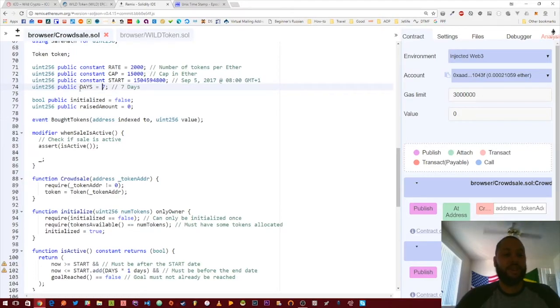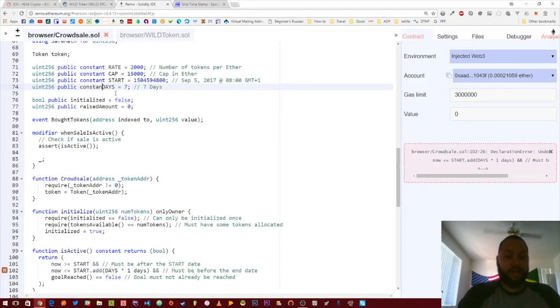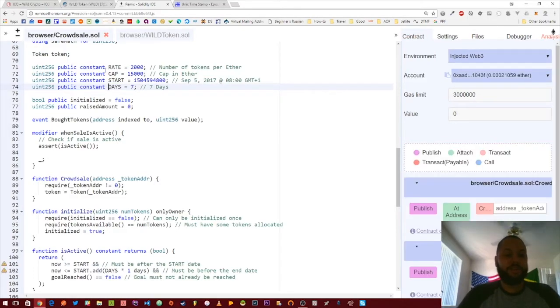So this variable is the amount of days the contract is supposed to last. And I just made a mistake here. These all should be constant, meaning that they're not going to change. And this basically